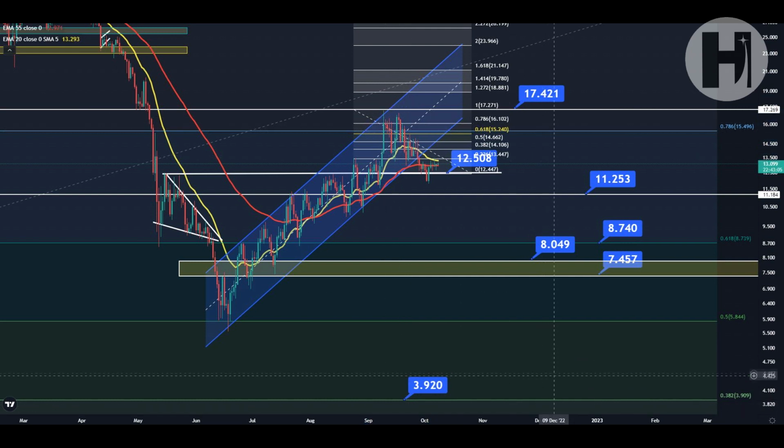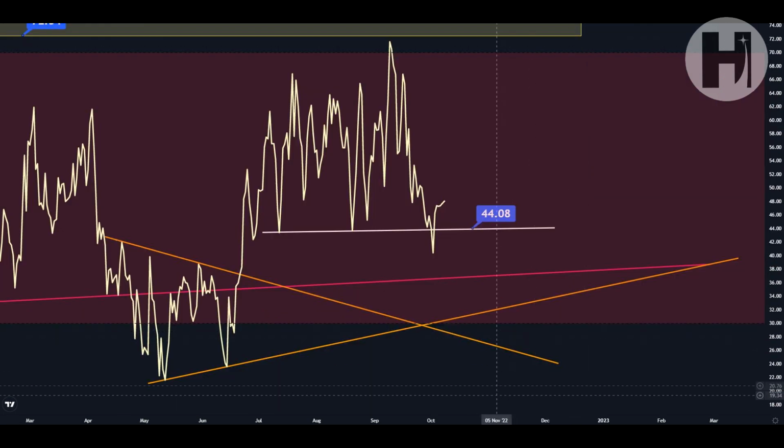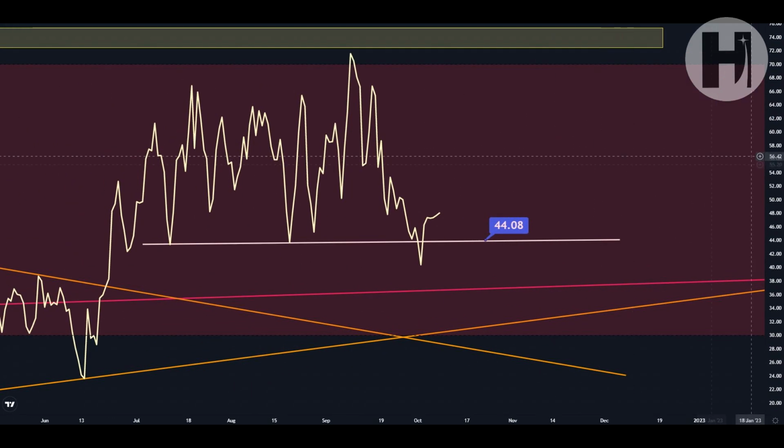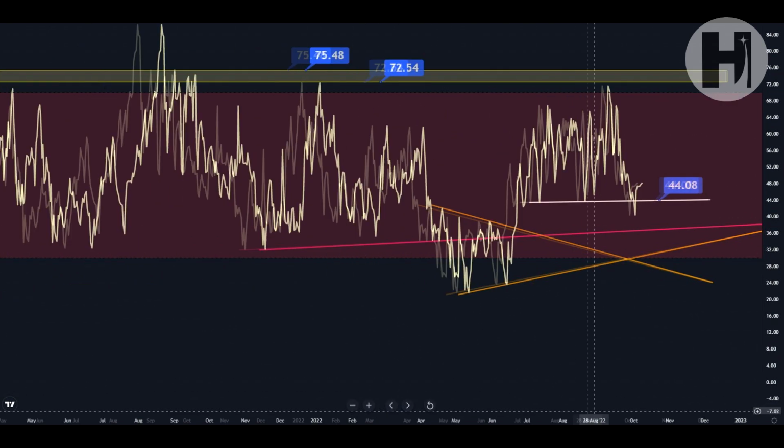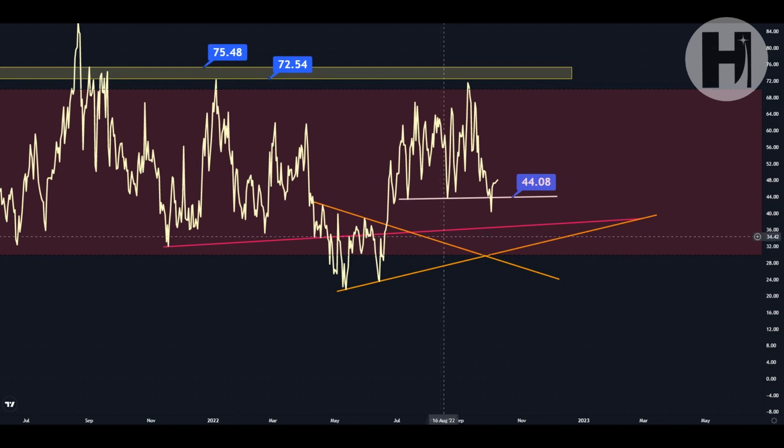And if we switch over to the daily chart here, you can see that we do have a support trend line. We had a little fake out below it, then we started coming back up, but I'm targeting the pink trend line here. That's going to be one of the most important support levels for us to hold. If we fail to do that, I'd be eyeballing one of the orange trend lines here.